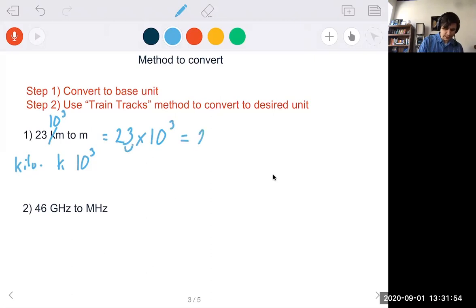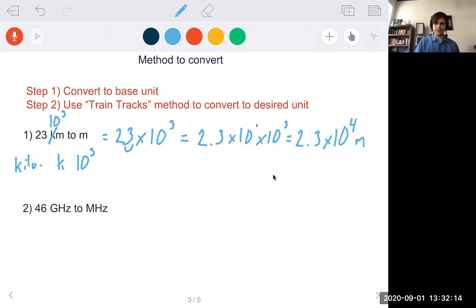So it'd be 2.3 times 10 to the 1 times 10 to the third, because we still have the times 10 to the third. 1 plus 3 is 4. 2.3 times 10 to the fourth meters. Let's write that out all the way. So that would be 2, and now I'm going to have 4 places after the decimal point. 1, 2, 3, 4,